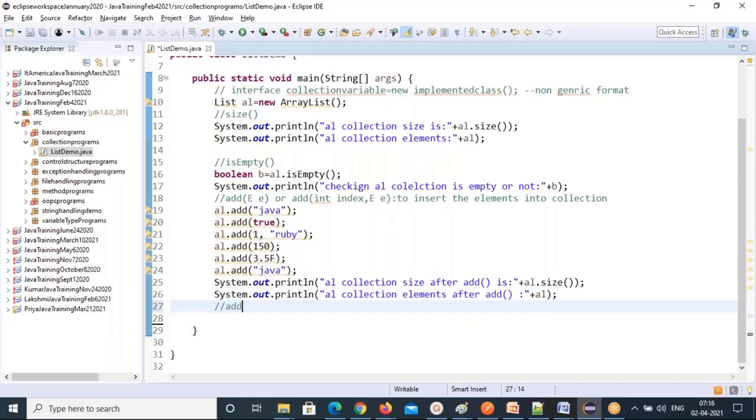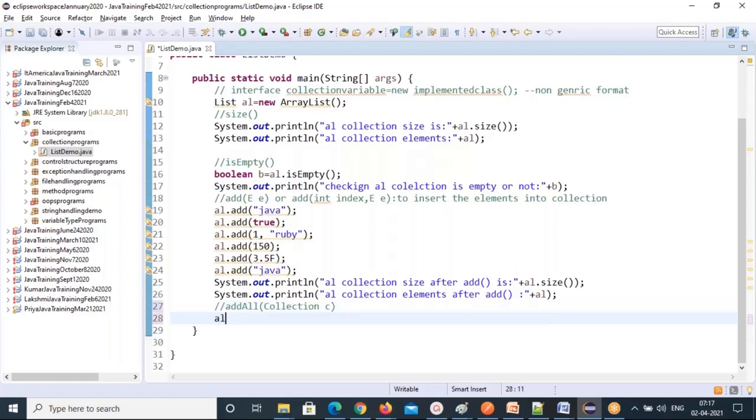So the next one, addAll method. With the addAll method, you can add a collection. Collection C means a collection of elements you can insert at a time. And this method is used to join the two collections. So that means in this method's parenthesis, you can give another group of elements. That's a single unit of a group of objects, right? That's what a collection means. You can give another group of elements with this addAll method.